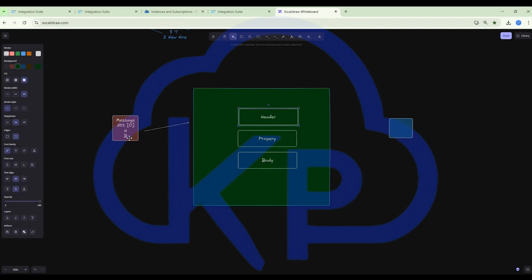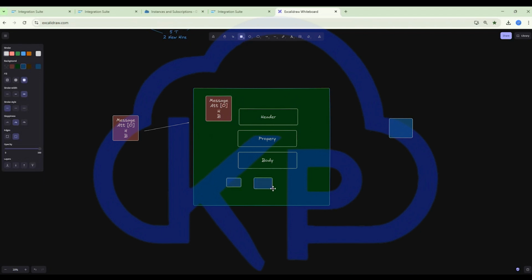I might be manipulating the body. If 5 fields are coming, I may want to add 2 more fields. Or I need to implement some transformation logic. That will be done in this layer. Once this message reaches this section, now what will I do in my cloud integration? I will start building my